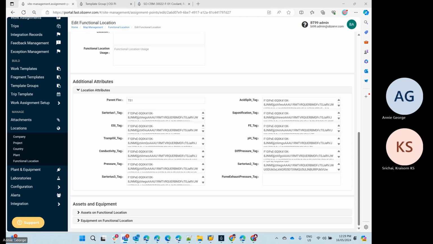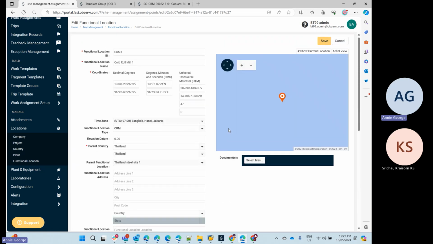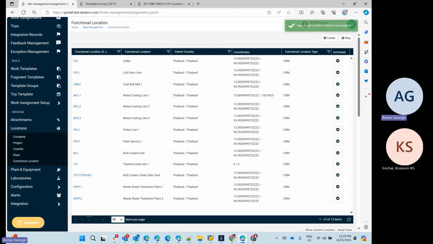Pressure, exhaust pressure. Okay, already sent in the chat. This is the web ID of the exhaust pressure tag. You just have that exact identifier here in attributes and you save that. And then once you have done that,